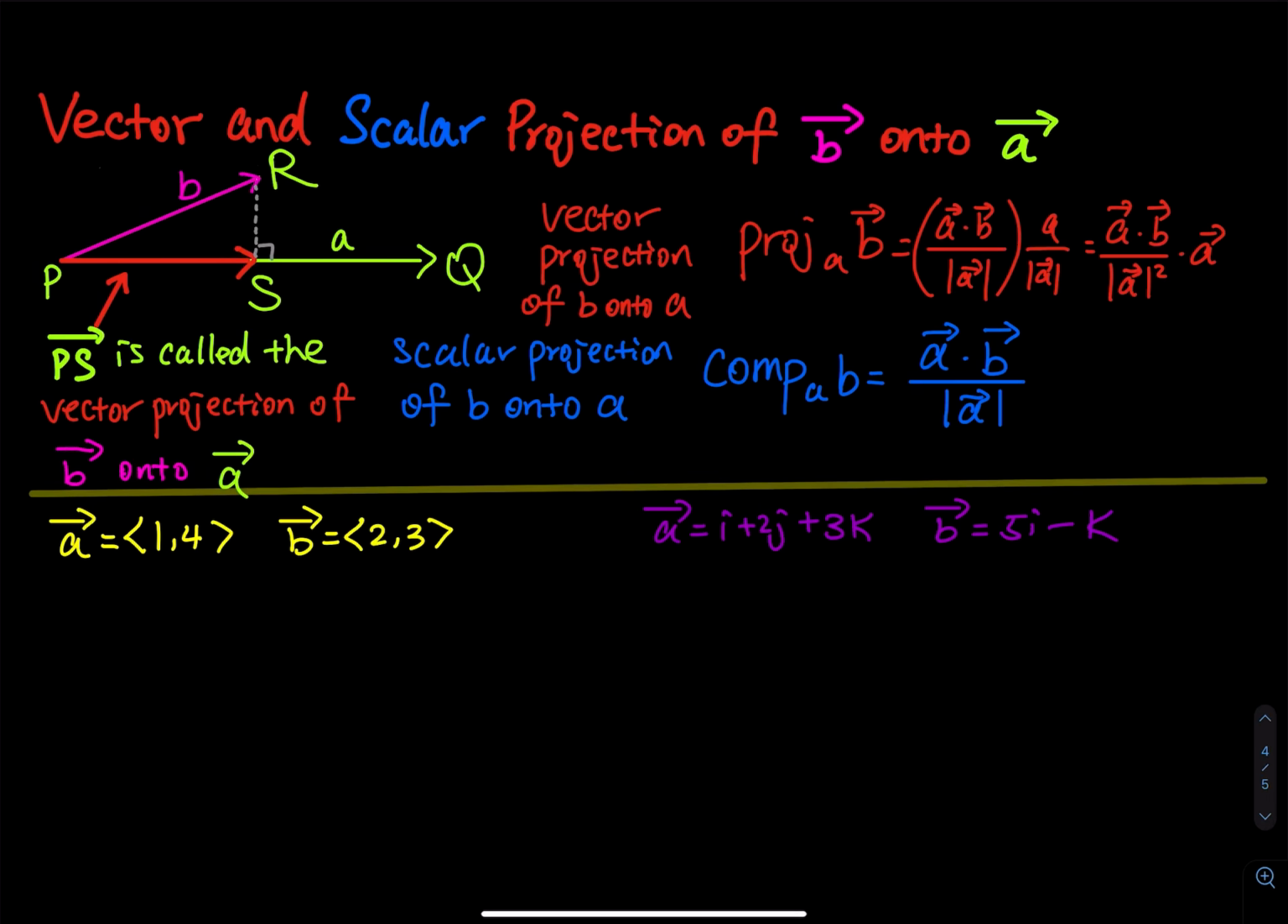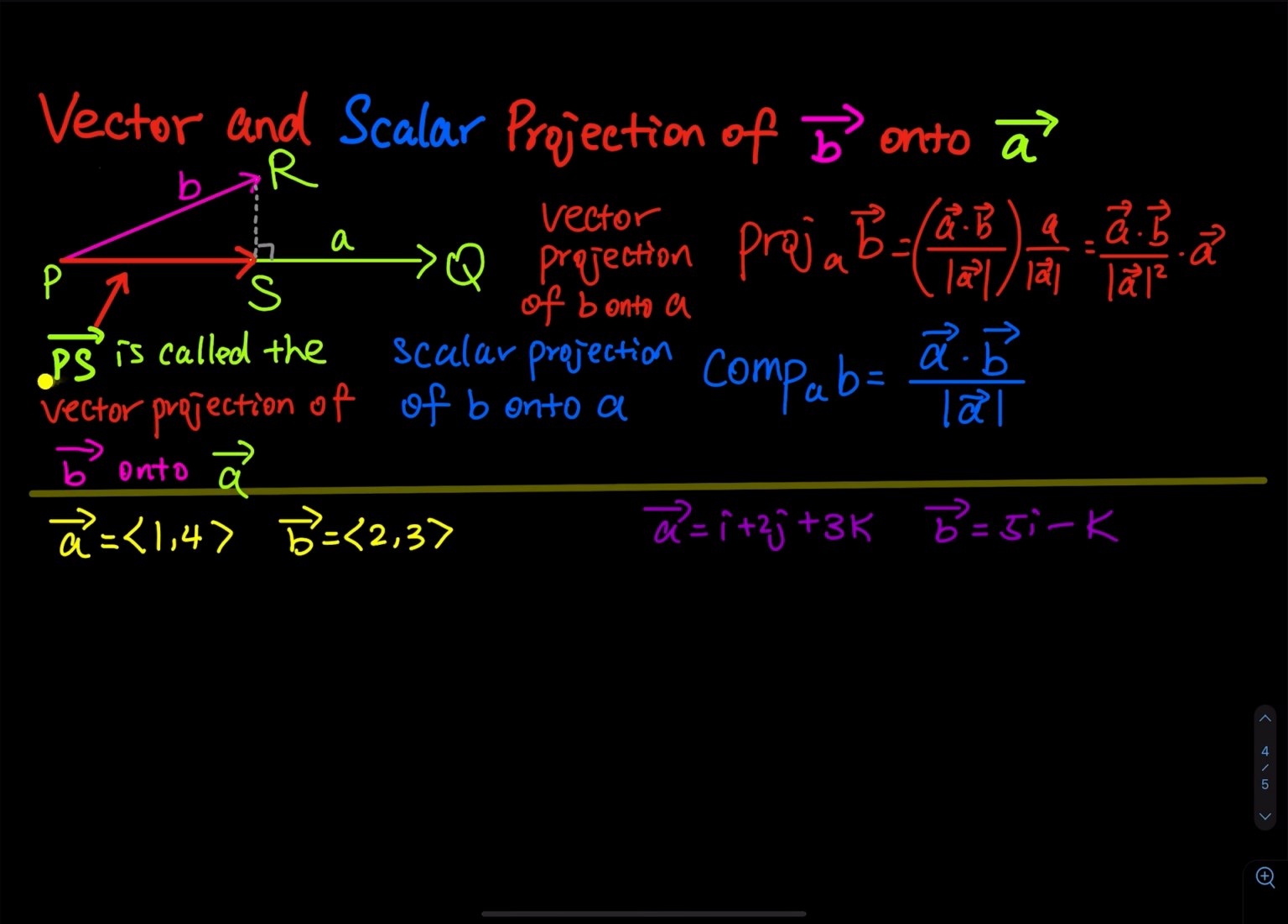Vector and scalar projection of vector B onto vector A. Take a look at this graph. This graph shows vector PQ and vector PR, representing two vectors A and B with the same initial point P. So if S, which is right here, is the foot of the perpendicular from R to the line containing PQ, then the vector with representation PS, this red vector right here, is called the vector projection of B onto